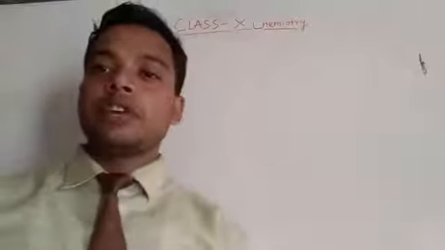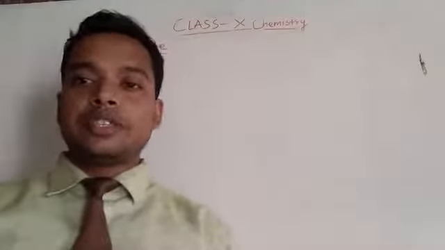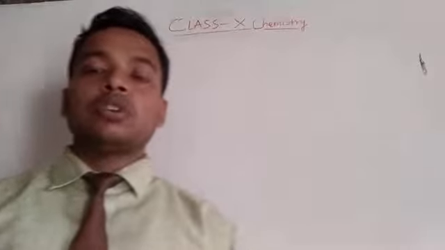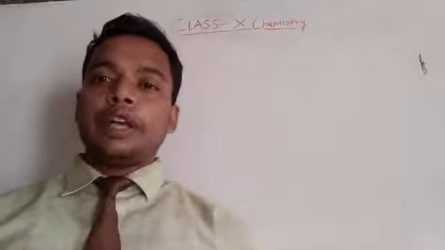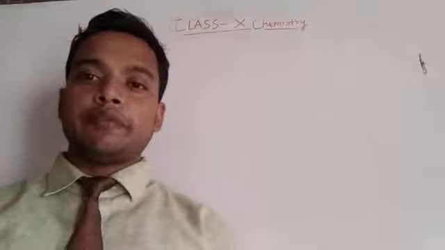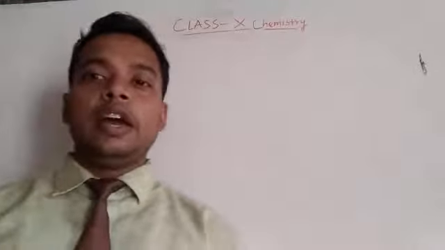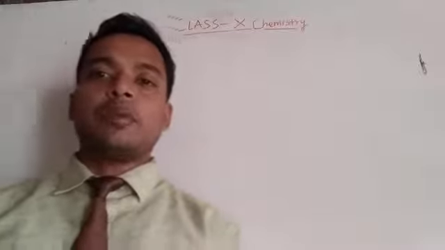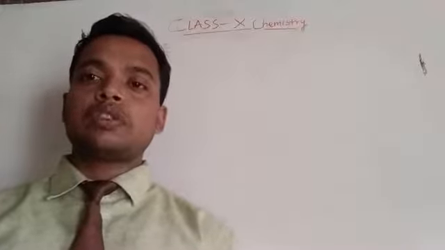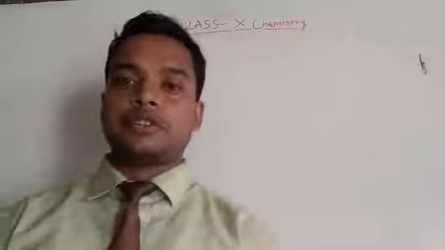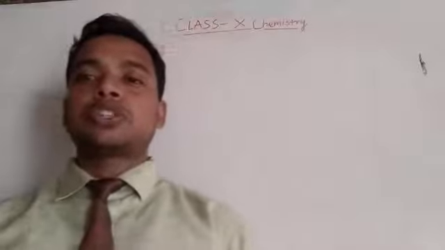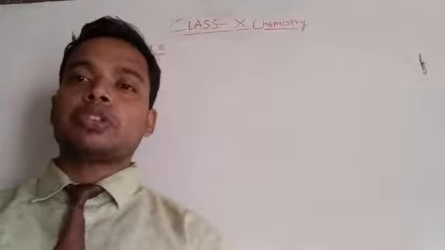In previous sections, we discussed the chemical properties of acids and bases, and we also learned how to identify whether a given solution is a base or an acid. We identified them with the help of different types of indicators, and we also discussed how to decrease the concentration of H plus ions, or hydrogen ions, and hydroxide ions, and how we decrease the concentration of acids and bases by the process of dilution.